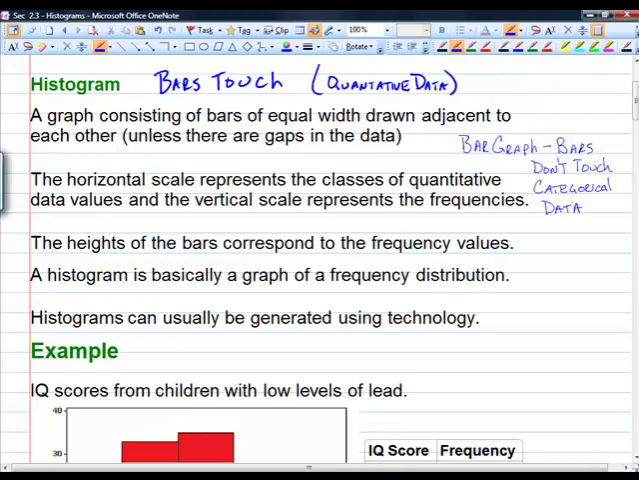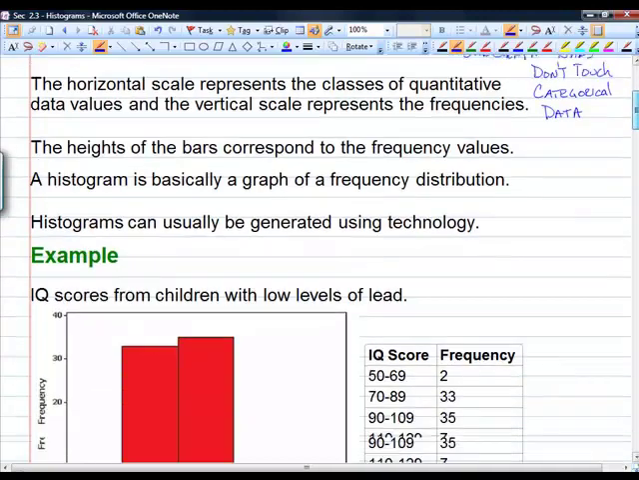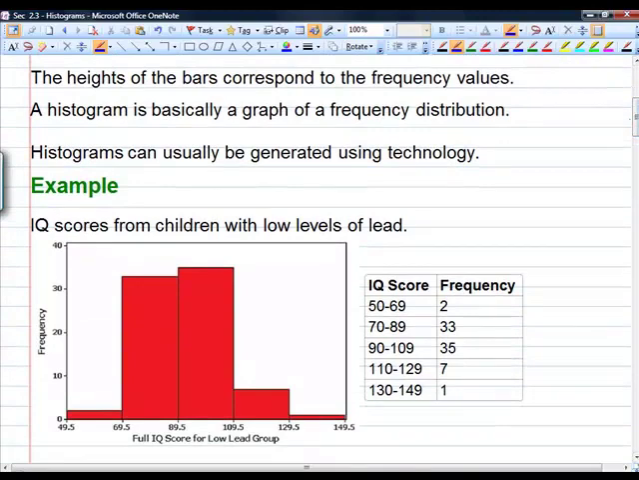So if the bars touch, we're discussing a histogram, and you can tell just by looking at the graph that it represents quantitative data. If you see a graph where the bars don't touch, you can tell just by looking at the graph that that's categorical data. The horizontal scale represents the classes for the quantitative data values. The vertical scale represents the frequency or the count. The heights of the bars will correspond to the frequency, and the histogram is basically a graph of the frequency